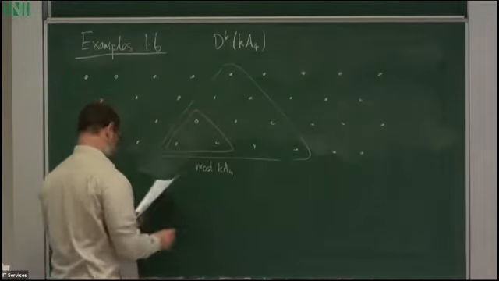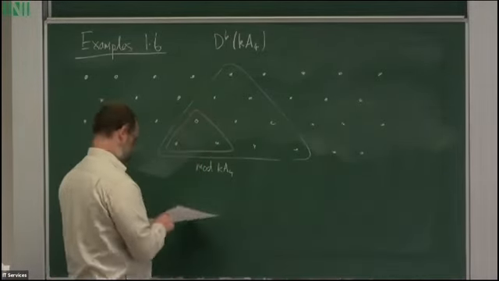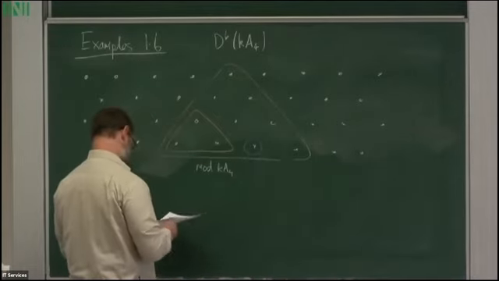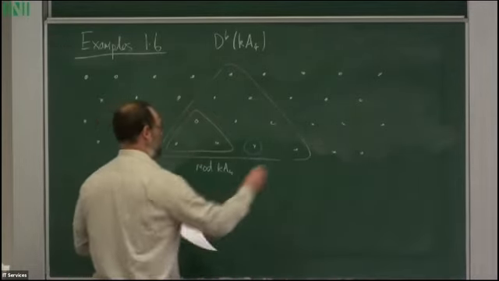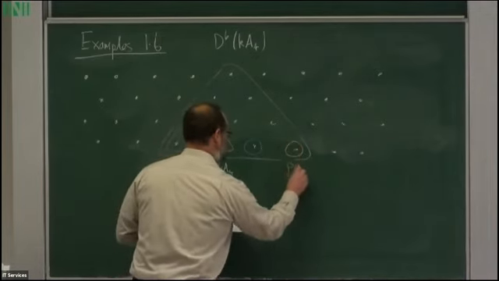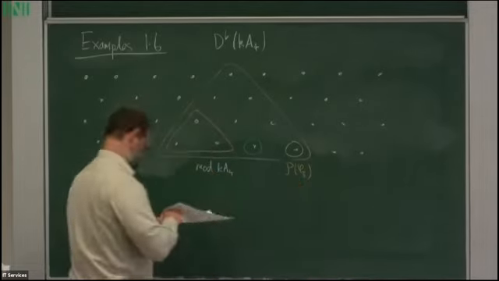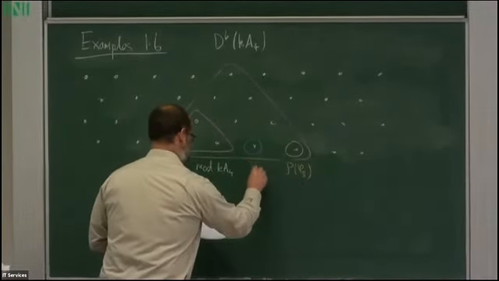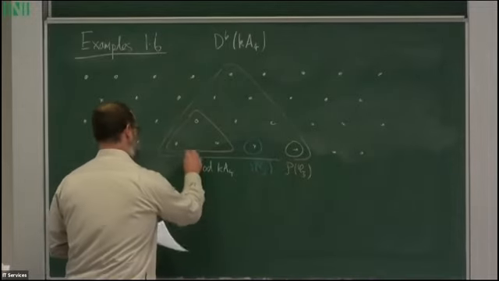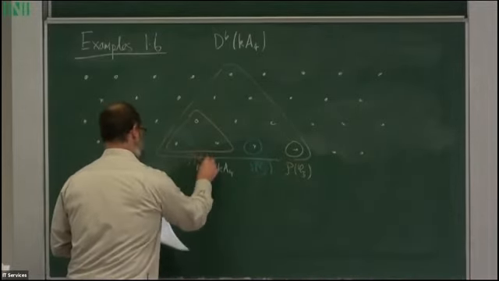So I think it's worth seeing these. So let's index this by, so this is P of phi 3, P of phi 2, and P of phi 1 with